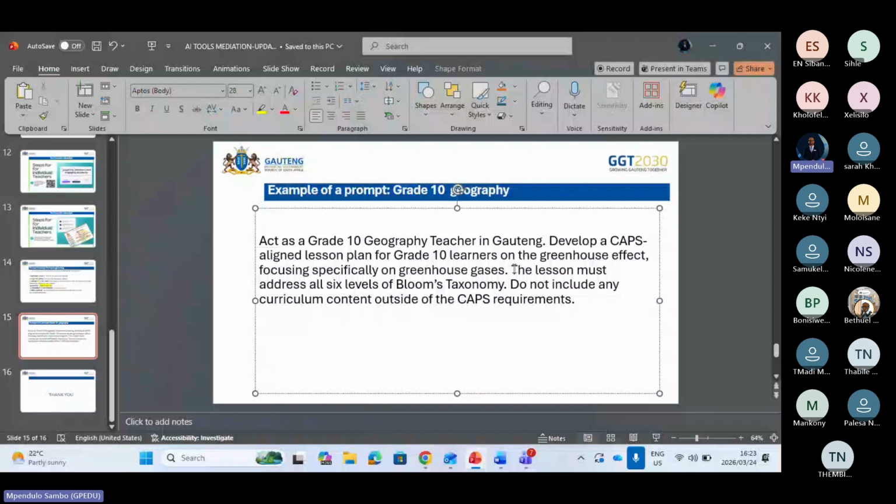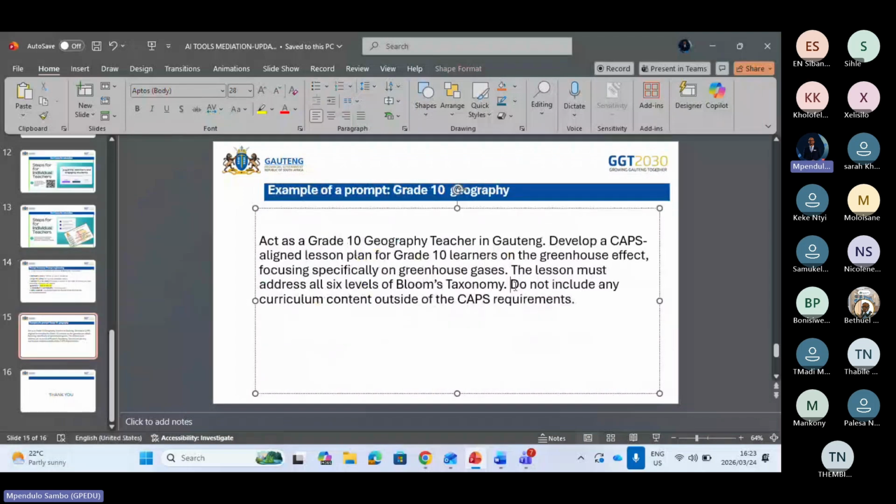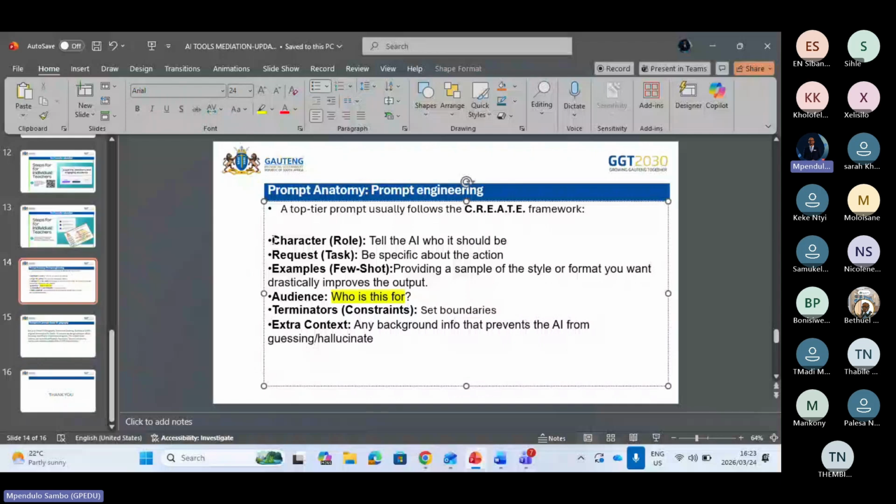Lastly, I'm setting the boundary again, and I'm saying to this AI tool in my prompt, do not include any curriculum context outside of the CAPS requirements. So if you check this prompt, it has covered almost all of these frameworks, except this one, which I am going to include when I'm doing the practical.